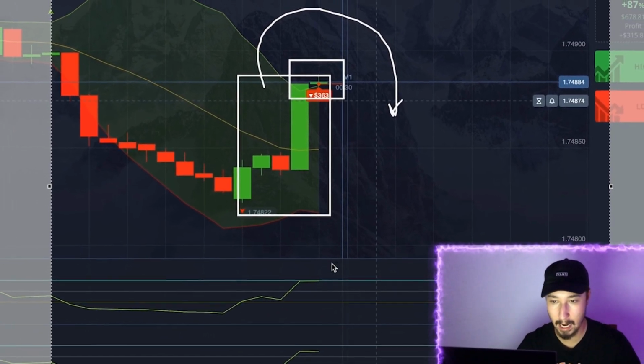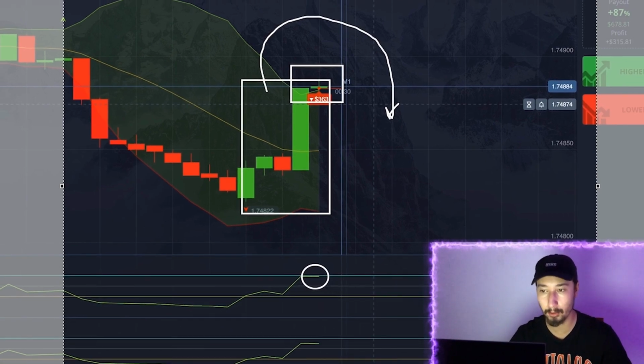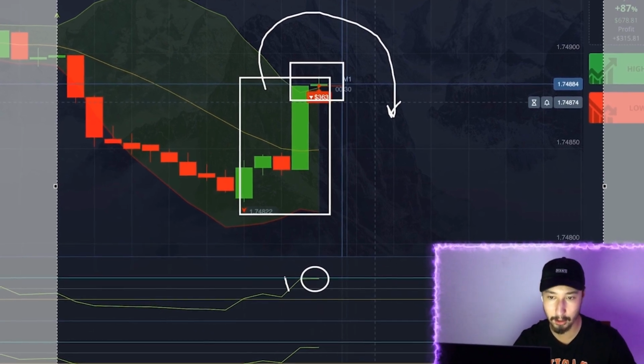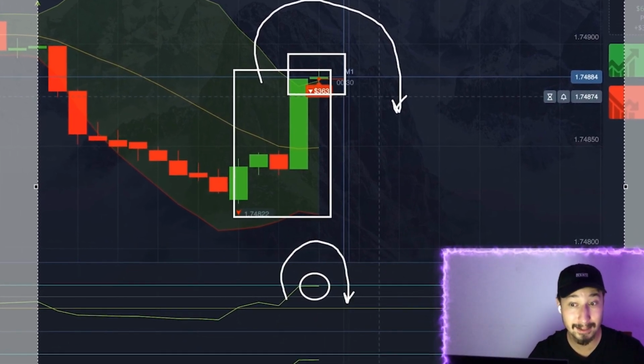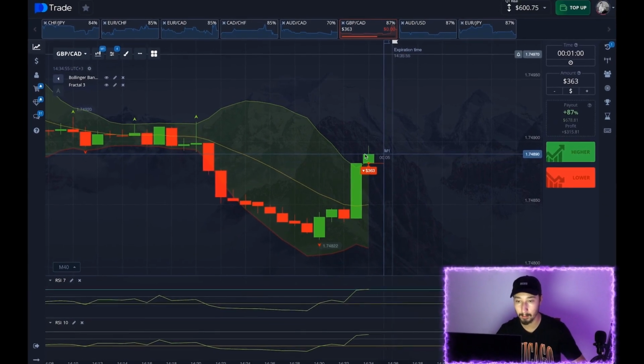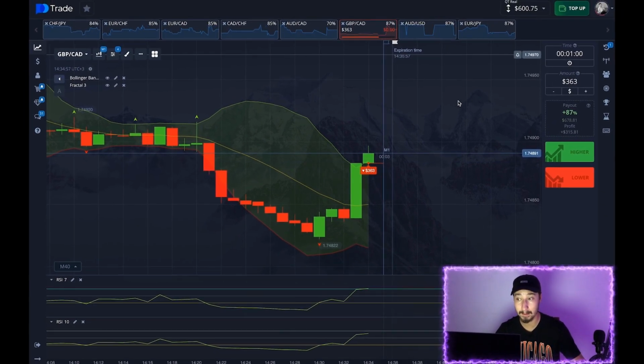Good downward dynamics here on this currency pair. Also, one of the oscillators touched the overbought area. So let's see, guys. We probably had to wait a little bit, but still,